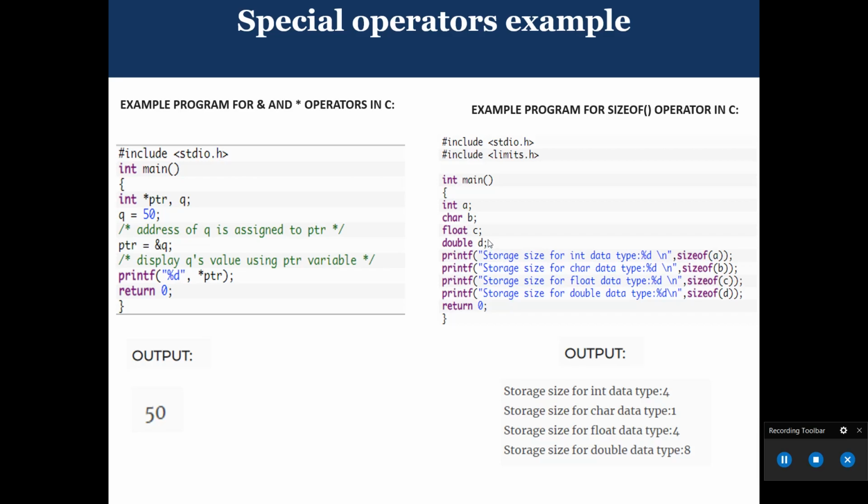Now print the size of variable int a is 4. Then print the size of char variable b is 1. Then print the size of float variable c is equal to 4. Then the size of variable double d is equal to 8.